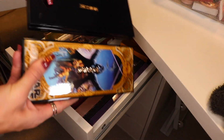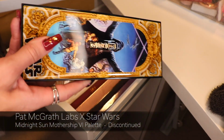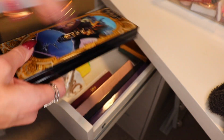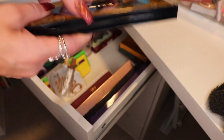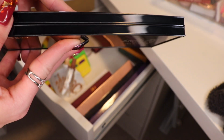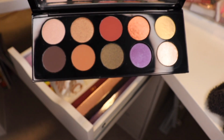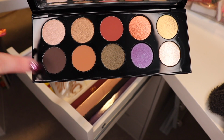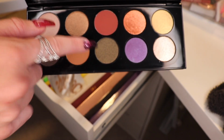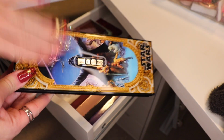Got 2 Pat McGrath Mothership palettes. I'm sure everyone's aware of this one. It was a bit controversial when it came out because she just repackaged an old palette, put Darth Vader on it. I just didn't have the other one, so I bought the Darth Vader one because I love Star Wars. But I really think this is going to suit the fall, with all of these nice nudes over here, and then this grungy green bronzy shade over here. I just really wanted to play with it, so I'm going to go ahead and add this